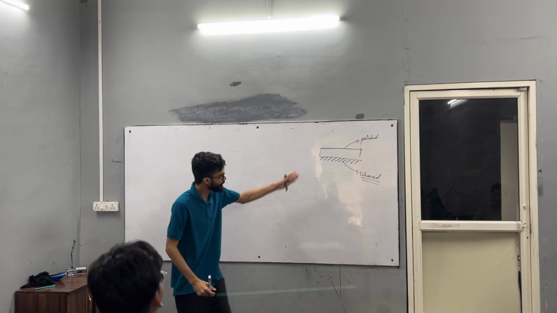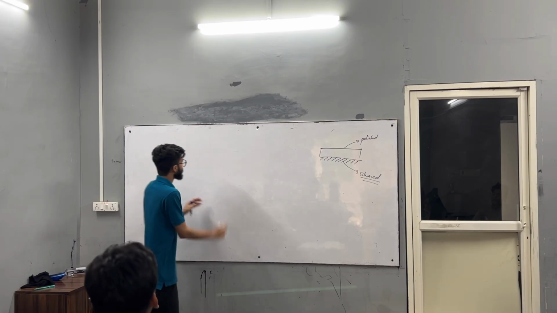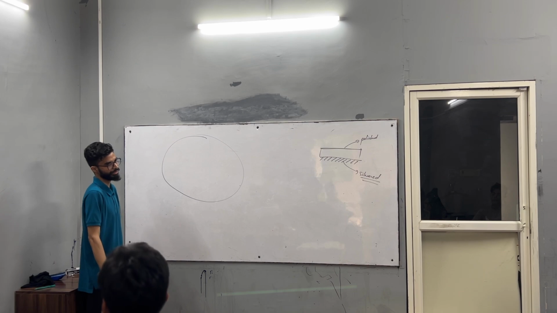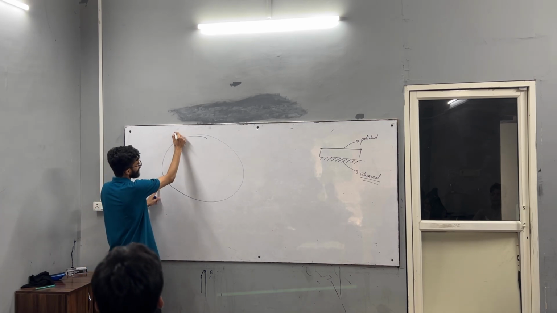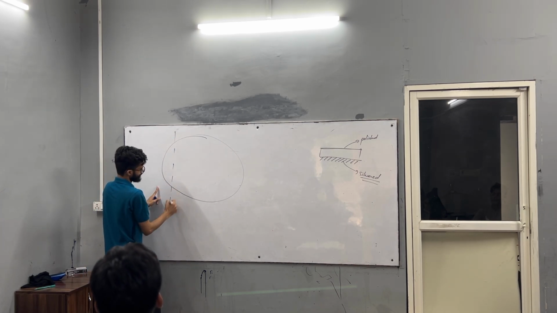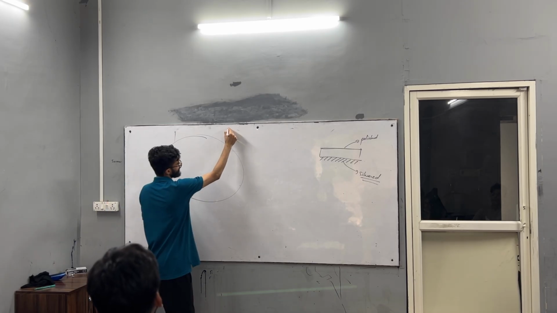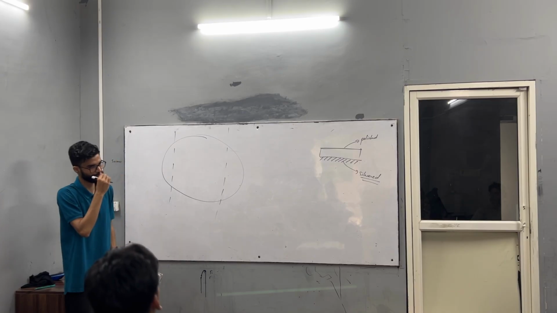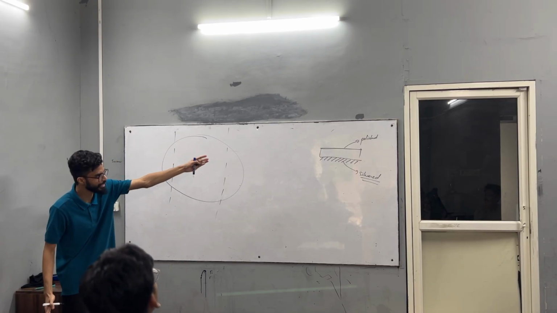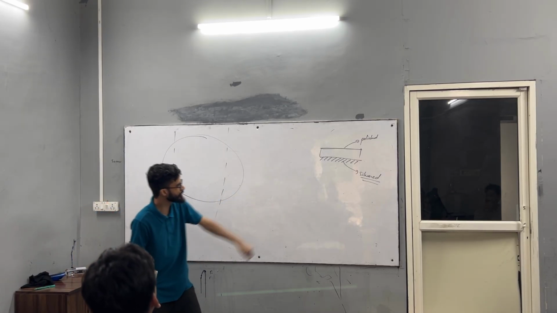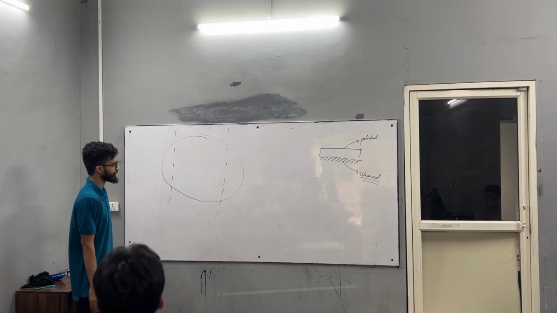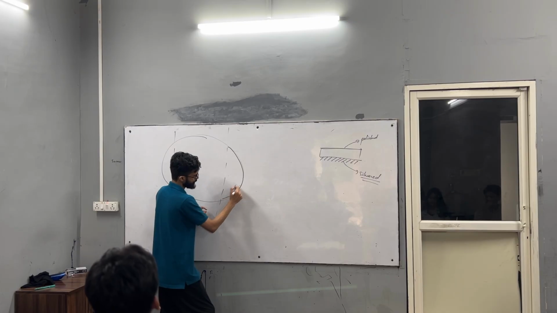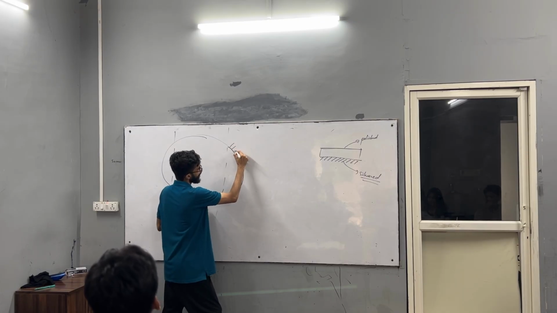Just like a plain sheet of glass, can I take a spherical glass piece? Now, I will cut, suppose this side. I can also cut this side. What about the second part? One side will be polished, second side will be silver. So now, please look here, guys. If I polish the inner side and I silver the outside,